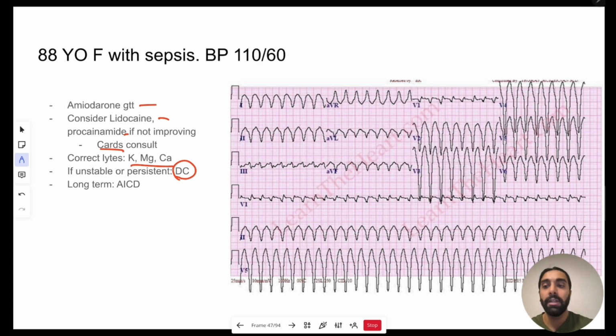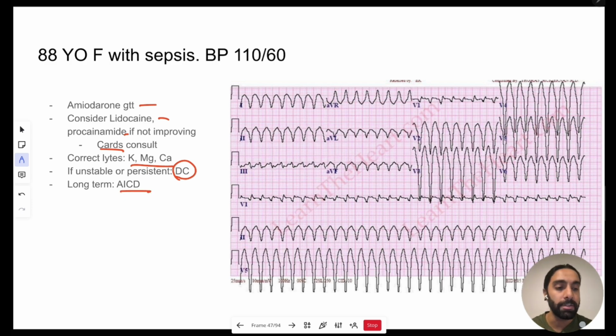dead now, and you have to go through the ACLS protocol, and you can DC cardiovert these patients. Sometimes there's an argument to DC cardiovert them right away, but if their blood pressures are great and they're asymptomatic, sometimes we try these other medications before we DC cardiovert, but we keep the crash cart right next to them. And if this keeps happening for whatever reason, then you need to get an AICD for definitive long-term